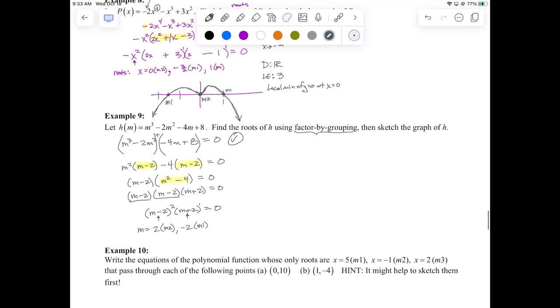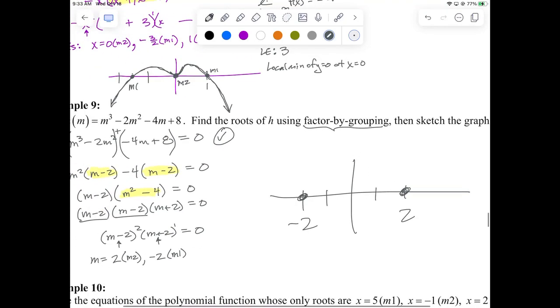Okay. So now all we got to do is sketch it. We'll come over here to negative 2, put a dot. Come over here to positive 2, put a dot. Now, in order to sketch it, we need to know something else. We need to know the end behavior. So let's do that right here. The limit as m goes to infinity of h of m, I should say as m goes to infinity, not x,